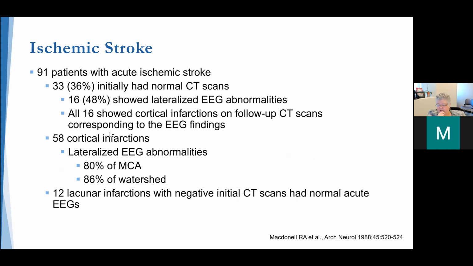And of the 60 patients with cortical infarctions, there were lateralized EEG abnormalities in about 80% of patients with middle cerebral artery stroke and 86% of those with watershed stroke. However, lacunar infarcts had normal acute EEG,